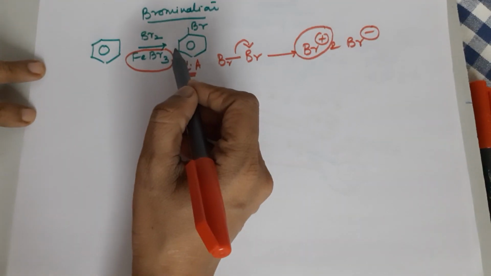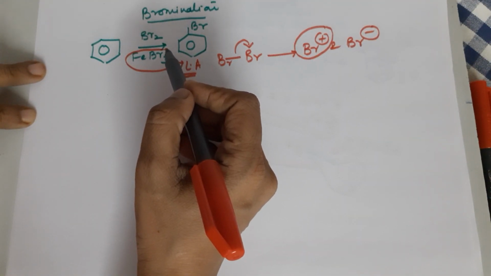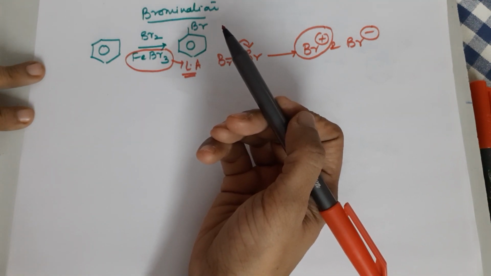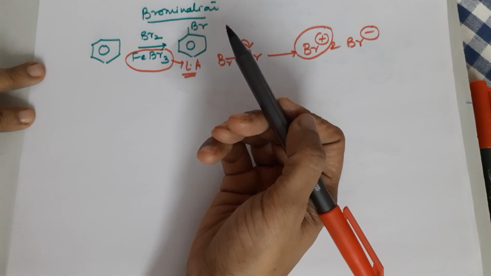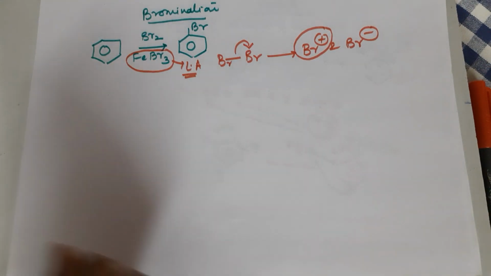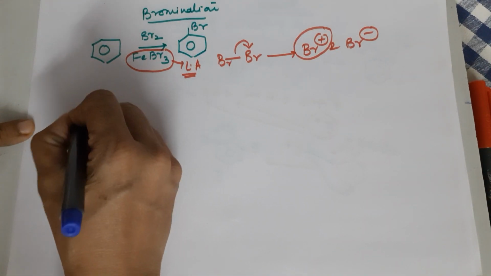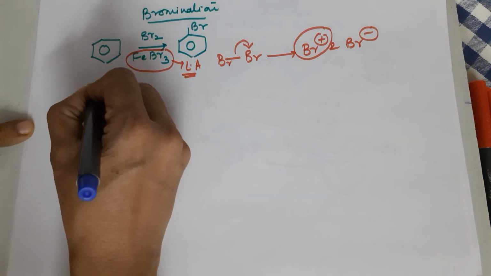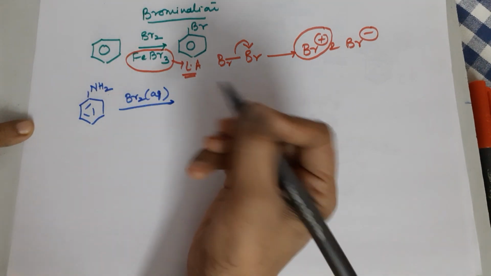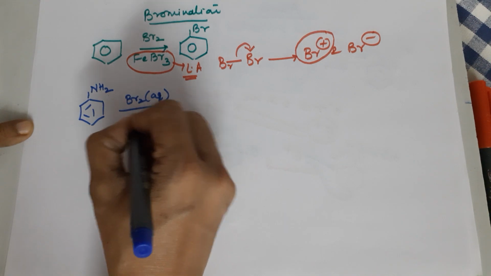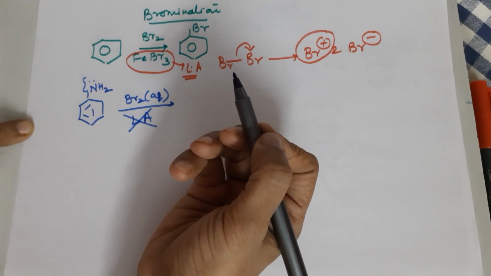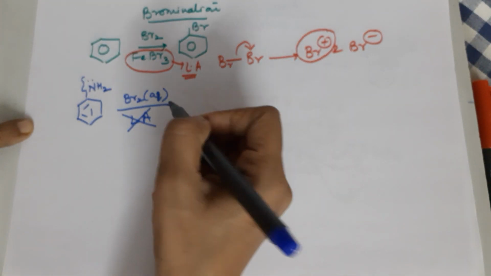If you do not know this reaction, please refer to my channel for class 11 chapter hydrocarbons, where you can see the bromination and the mechanism of the formation under the playlist of hydrocarbons for the channel of Seema Makhijani, Chemistry Made Easy. Now, we would be performing the same reaction for aniline. The surprise factor is, if you want to perform bromination on aniline, what you need to do is bromine in a polar solvent, that's water. There is no need of a Lewis acid. The reason is this is an activating group which is good enough, so you do not require a Lewis acid,